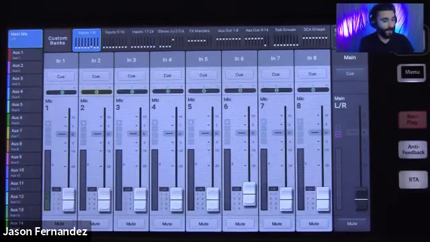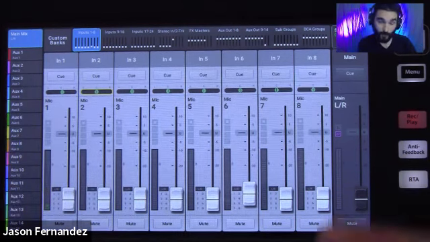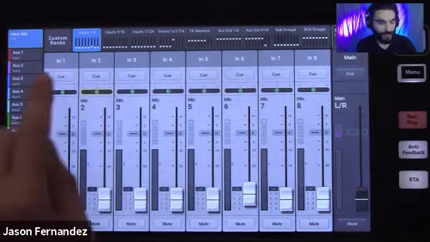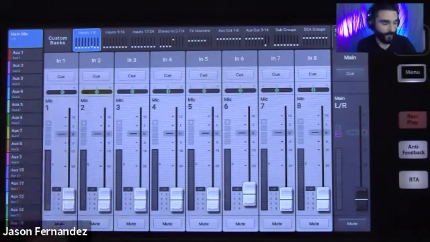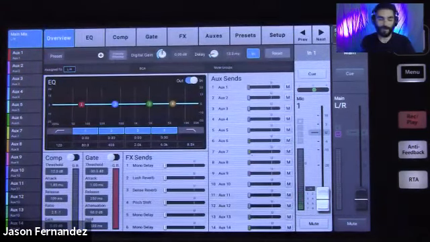Okay, that is the basics of navigation. It's laid out very linearly, very clearly. It's really easy to get around. Now let's go ahead and dive into one of our channels and take a look at the actual channel strip processing within an input. I'm going to access any of my channels simply by pressing the name of the channel above the fader, just like that. And now I get right into my channel strip here.